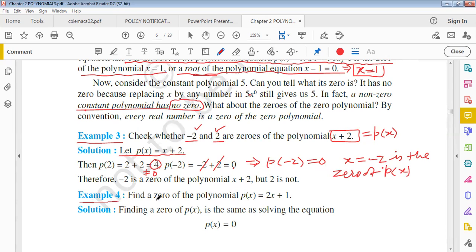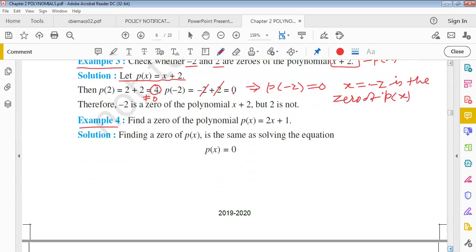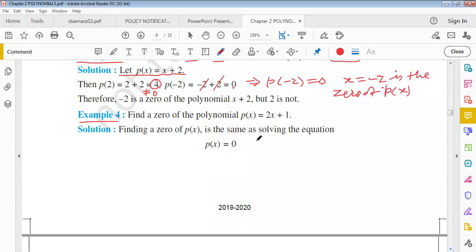Next example 4, find a zero of the polynomial. अगर आपको जीरो फाइंड आउट करना है इसका polynomial of 2x plus 1, तो finding the zero of the polynomial is the same as solving the equation. जीरो फाइंड आउट करना तो हम px को क्या करेंगे? जीरो पुट कर देंगे. Putting px equals to 0, then what happens? So what is the value of px? Here it is. तो हम इसको ऐसा लिख सकते हैं px is equals to 2x plus 1 equals to 0,